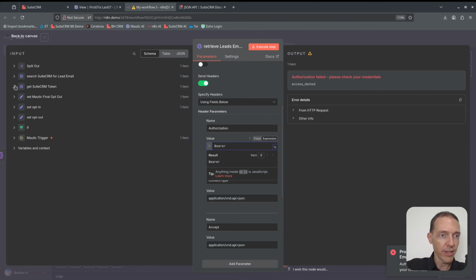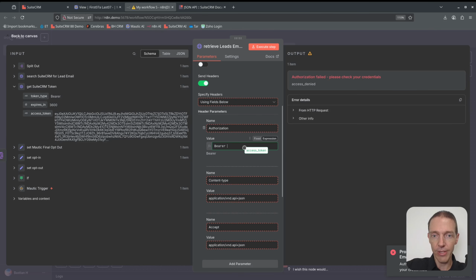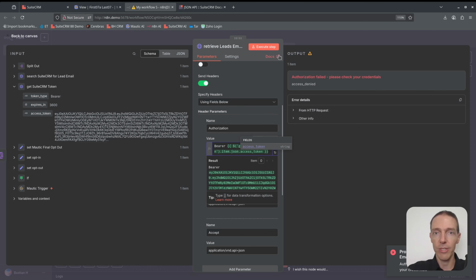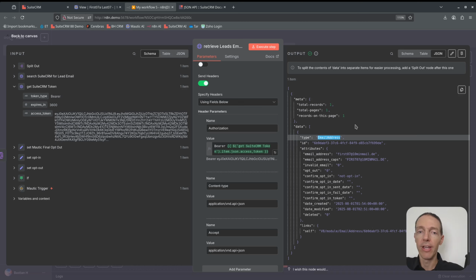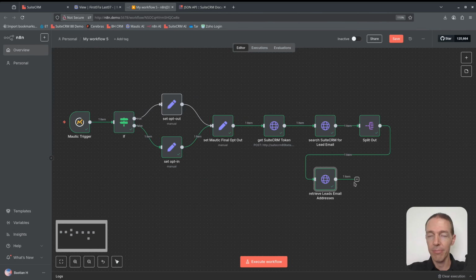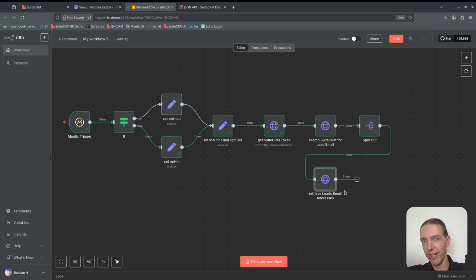So of course we have our token already, but now we need to tell it comes from the get SuiteCRM token record. And now you see the first of one email addresses that is related to our lead. And as you can see, type, the module is something different. It's not the lead module anymore. And that's what I meant with a 1-to-n relationship between leads and email addresses. You can't really see this in the CRM. It doesn't have a UI as such,